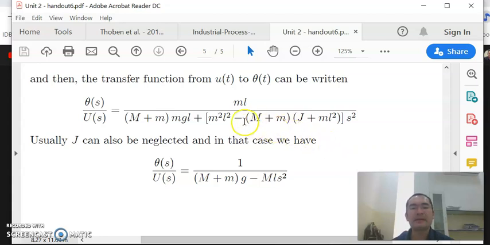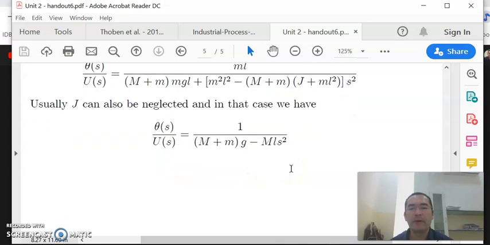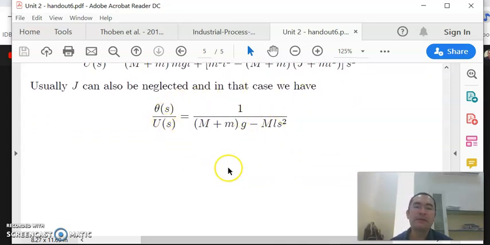You can see that in fact what will happen is that, if you can also neglect, because usually J, the moment of inertia of the rod, can be neglected, in that case you can say that okay, so you only have this relationship here, and what happens is that